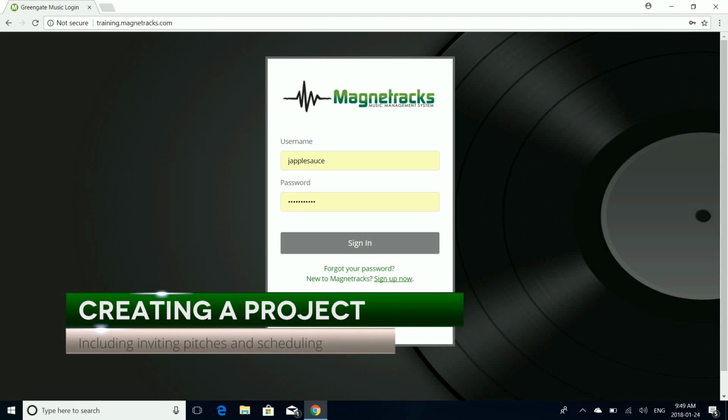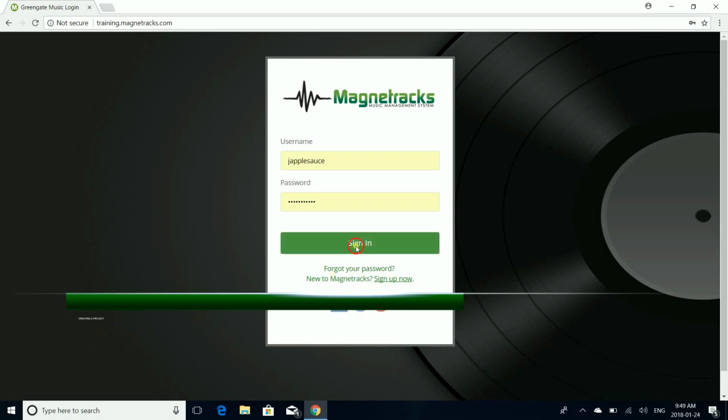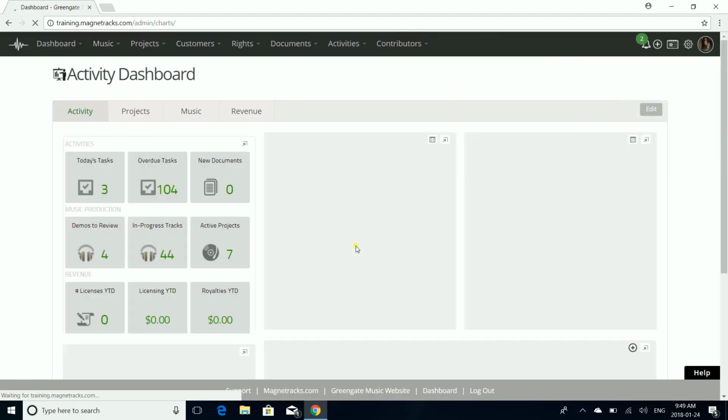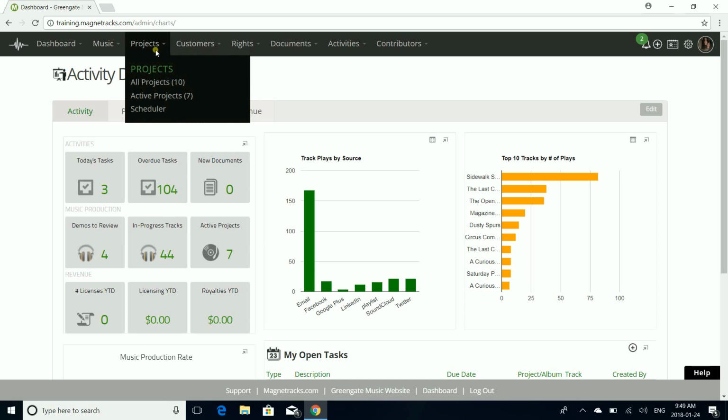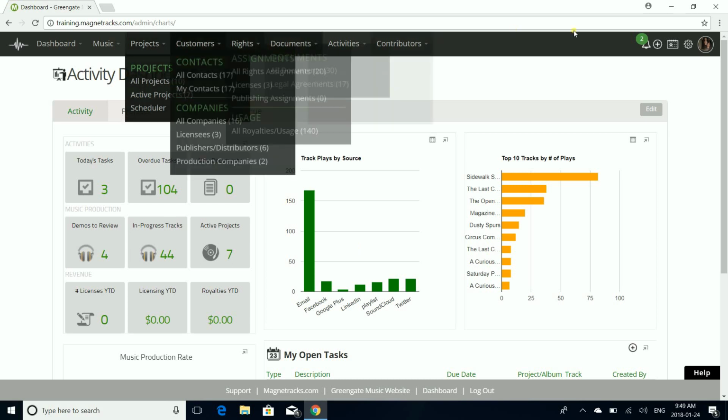In this video I'm going to show you how to create a project in Magnetracks. You'd create a project whenever you want to release new music or when you want to source out music from your artist network. So before you get started creating a project, there's a couple of setup items you might want to consider first. I'm going to go into Settings,